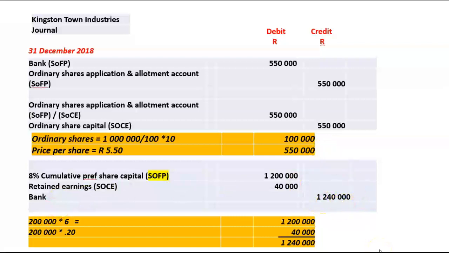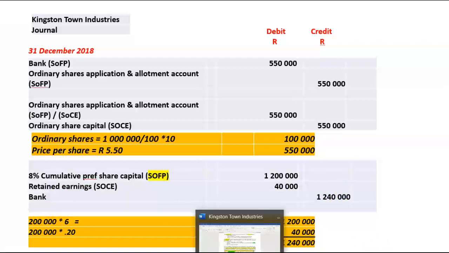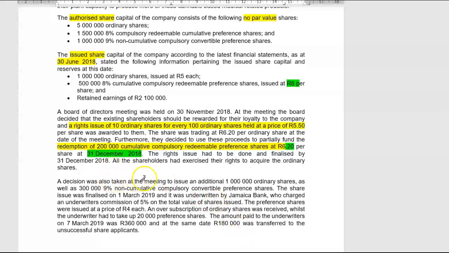If I repay the share, I cancel the share certificate. They are no longer shareholders of this entity. A decision was also taken at the meeting to issue an additional 1 million ordinary shares as well as 300,000 9% non-cumulative compulsory convertible preference shares. The share issue was finalized on 1 March 2019